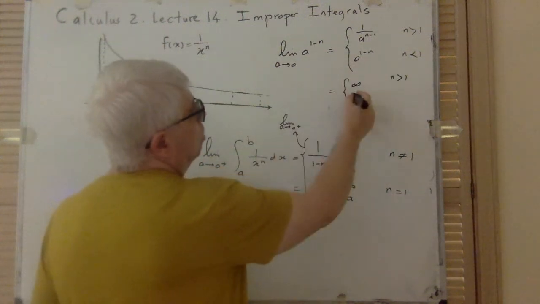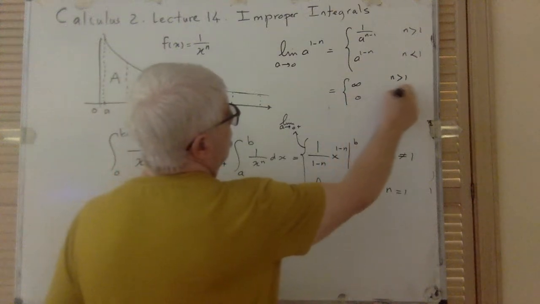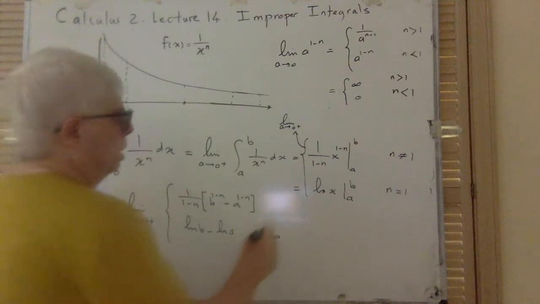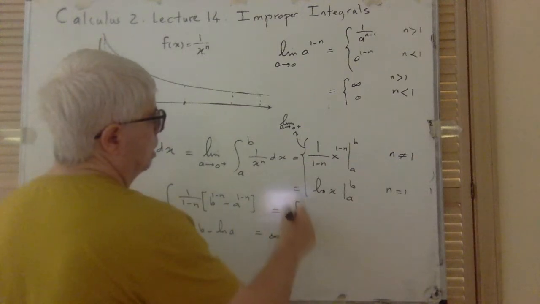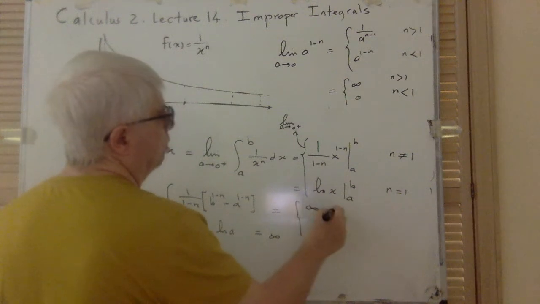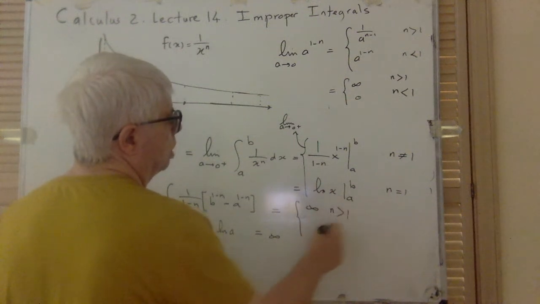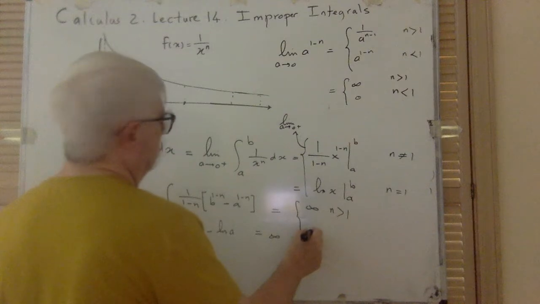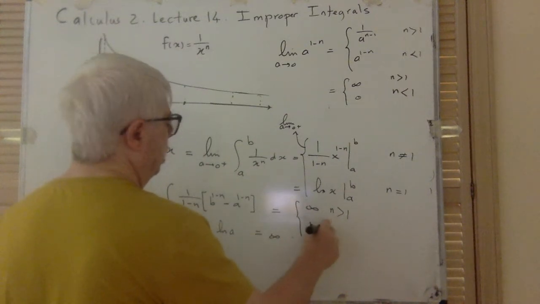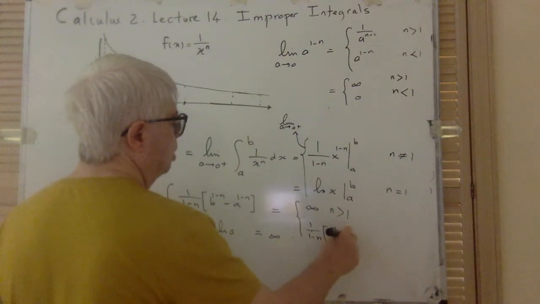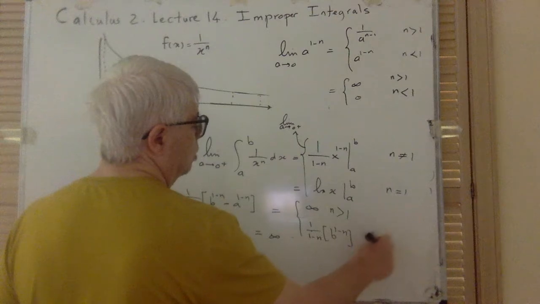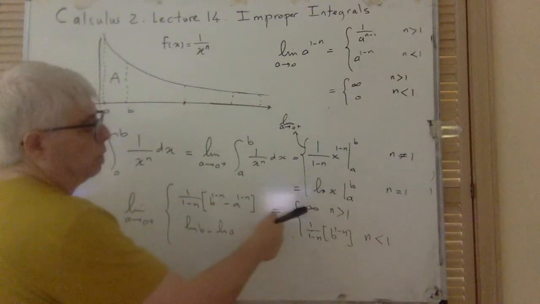So 0 to a positive power will give me 0 when n is less than 1. So we can say that this is infinite or undefined, or whatever you call it, when n is bigger than 1, and it is 1 over (1 minus n) times b to the power 1 minus n when n is less than 1. So it's divergent here,